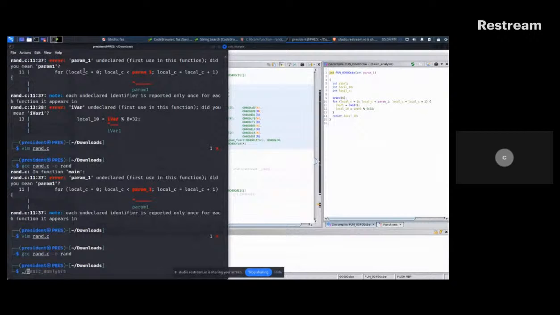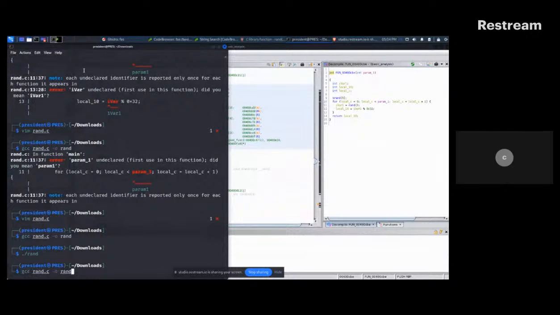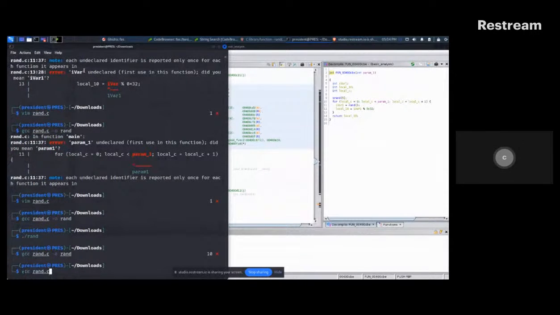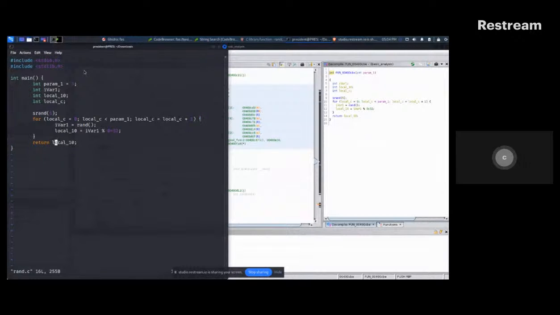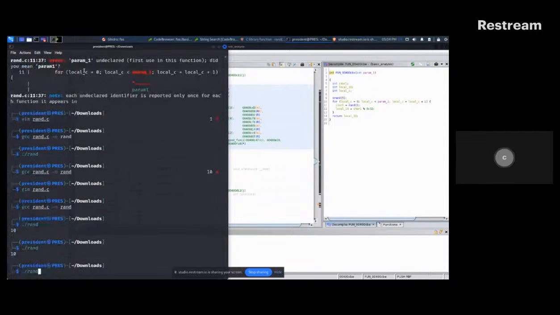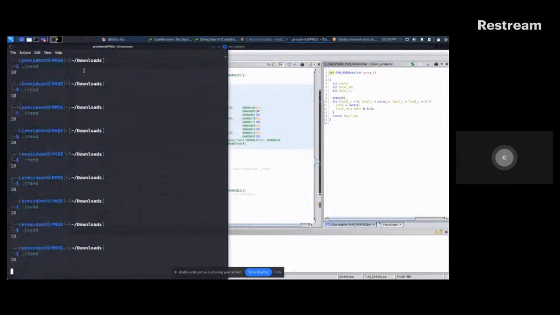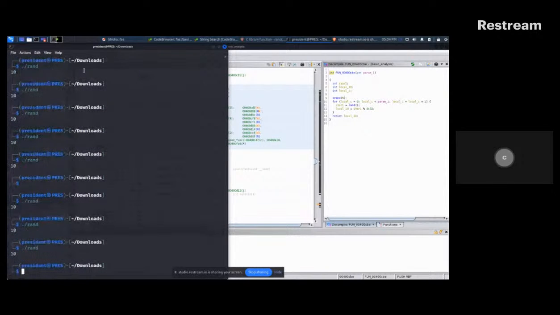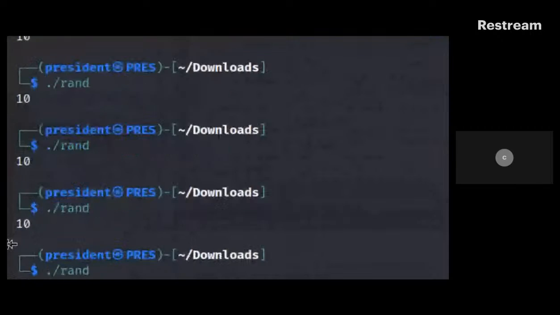Whatever. All right. And it doesn't do anything with it. Yeah, that's awesome. So instead of returning it, we should probably print it out. Cool. So look at that. It does the same thing every time, even though it's called rand. It's seeded with 5, so we get